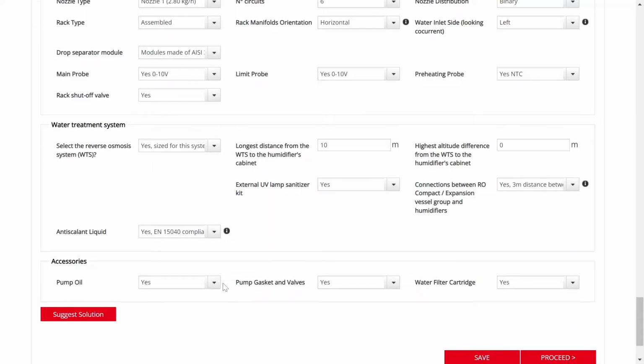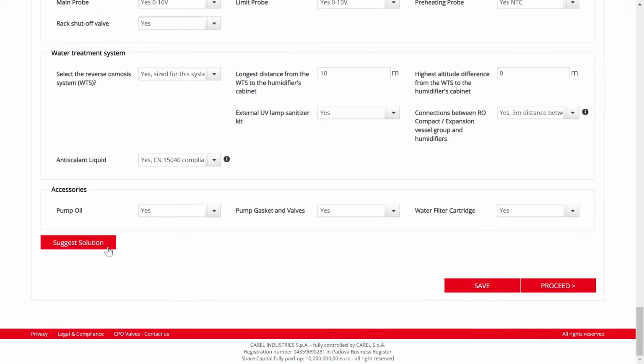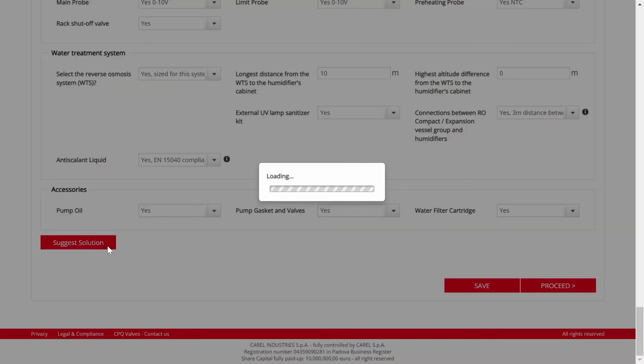In the accessories section, we find the accessories needed for the first maintenance, as pump oil, pump gaskets and valves, and water filter cartridge. Everything is set. We can press the Suggest Solution button and in a few seconds a complete list of codes is generated, comprising